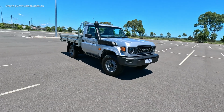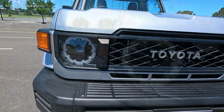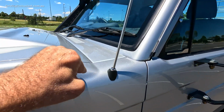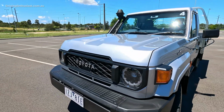The main difference with the new model, apart from a refreshed design, so it's got new headlights there, LEDs, halo-style daytime running lights, a chunkier bonnet that really sticks up. You can see it from the back here, really ramps up. It's got this chunky section on the top, which is kind of strange because the other big thing that the